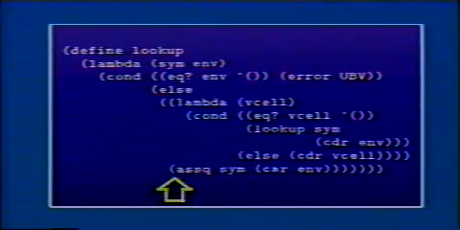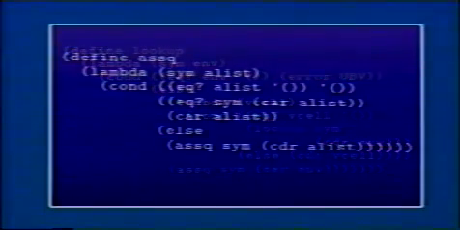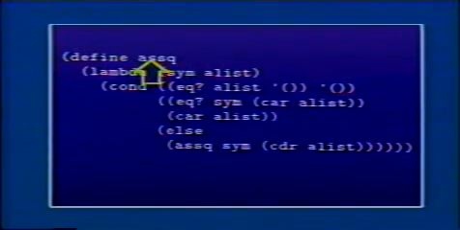So that's a property of assq, it returns emptiness if it doesn't find something. But if it did find something, then I'm going to use the cdr of the value cell here, which is the thing that was the pair consisting of the variable and the value. So the cdr of it is the value part. Finally, assq is something you probably have seen already. Assq takes a symbol and a list of pairs. And if the list is empty, it's empty. If the symbol is the first thing in the list,